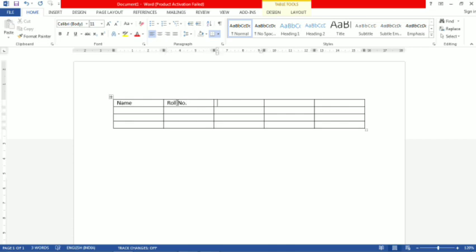Then the insertion pointer will blink in the next column. Then suppose we have to write here address. If you have to move in the downward direction, then you can use the arrow keys. I have pressed the down arrow right now. I have pressed now the up arrow.